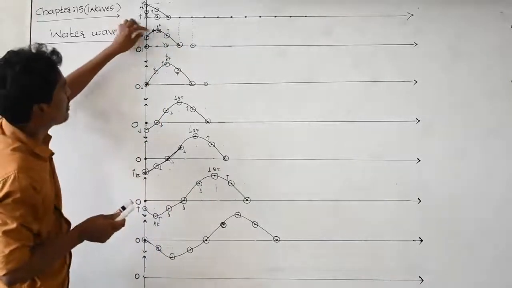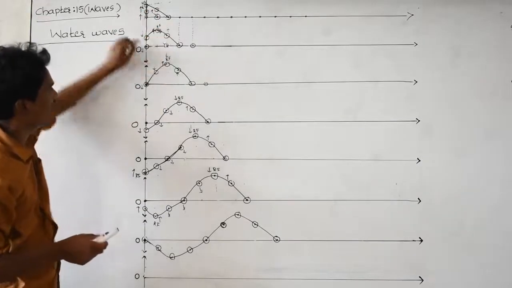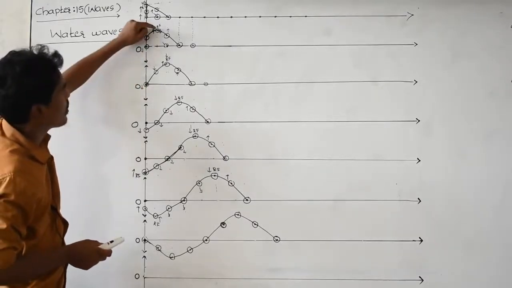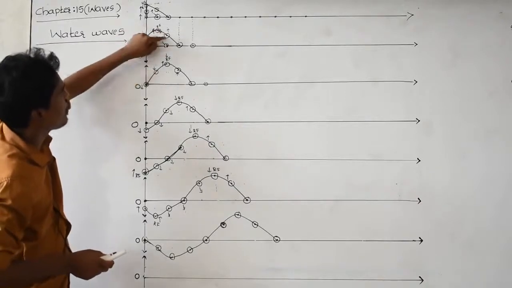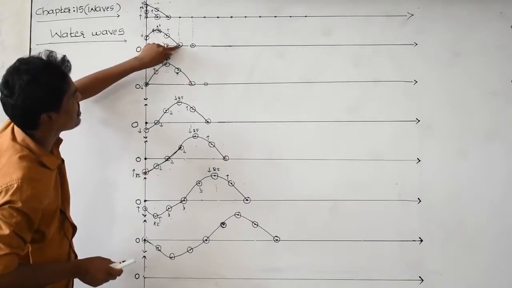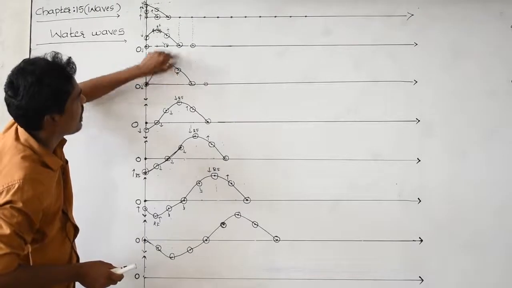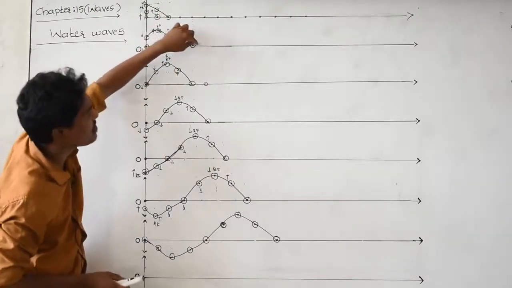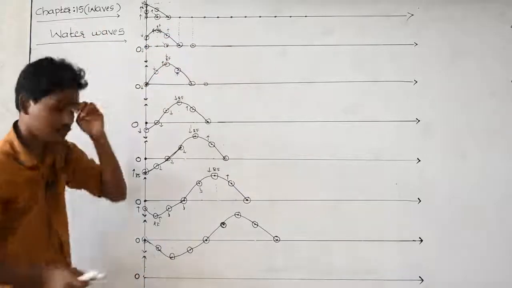It is coming down, it is moving up, it is going up, and the next one is still at rest. It is coming from here to here. Because of the restoring force, it is moving down. It is going up. And it is just disturbed and raised to this point. And this particle is still at rest. Its disturbance has not reached, therefore it is still at rest. This is the nature of the curve.